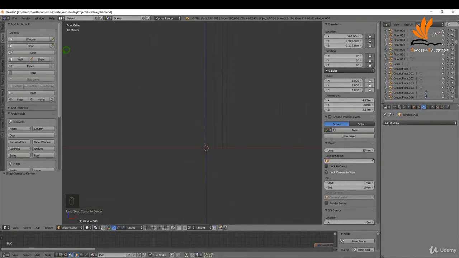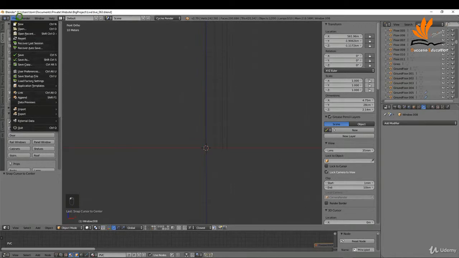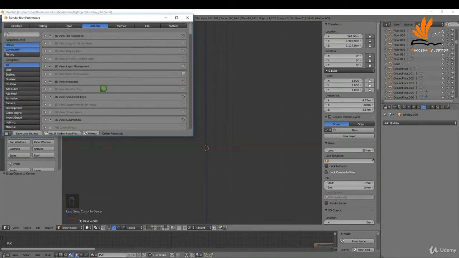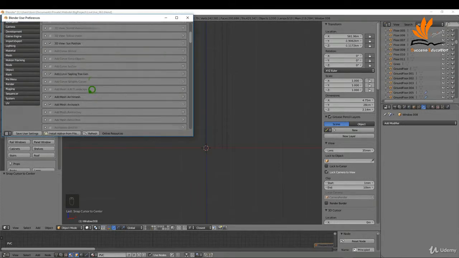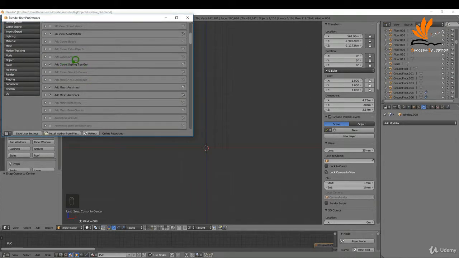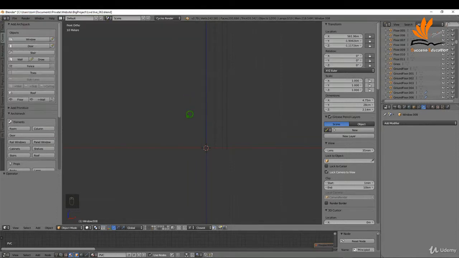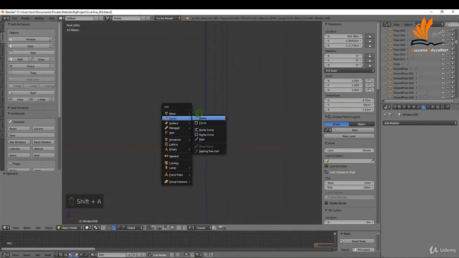Okay, the next thing you need to do is make sure that the add-on is enabled. So I'm going to come up here to File, User Preferences, Add-ons, and just scroll down here. It's Add Curve, Sapling, okay, the tree generator. Just make sure there's a check mark here. Save User Settings, and I can press Shift A, and under Curve, I'm going to choose Sapling, Tree Gen, and